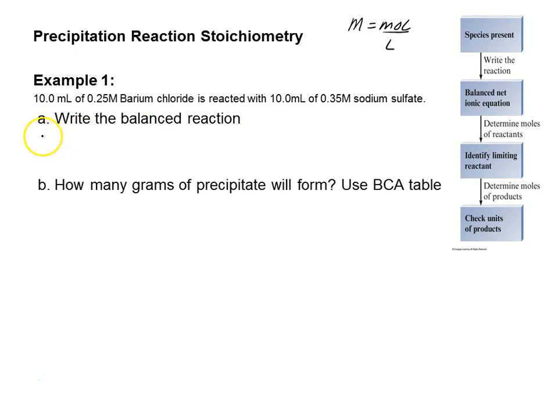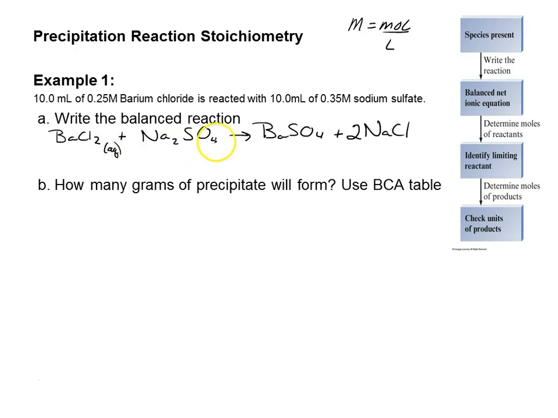First thing that you always want to do with these problems is write out your balanced reaction. So I'm going to take barium chloride, react it with sodium sulfate to produce barium sulfate and sodium chloride. Let's go through and balance that. So I need 2 NaCls. And now we're good. Now my solubility rules are going to tell me what's a solid, what's a precipitate, and